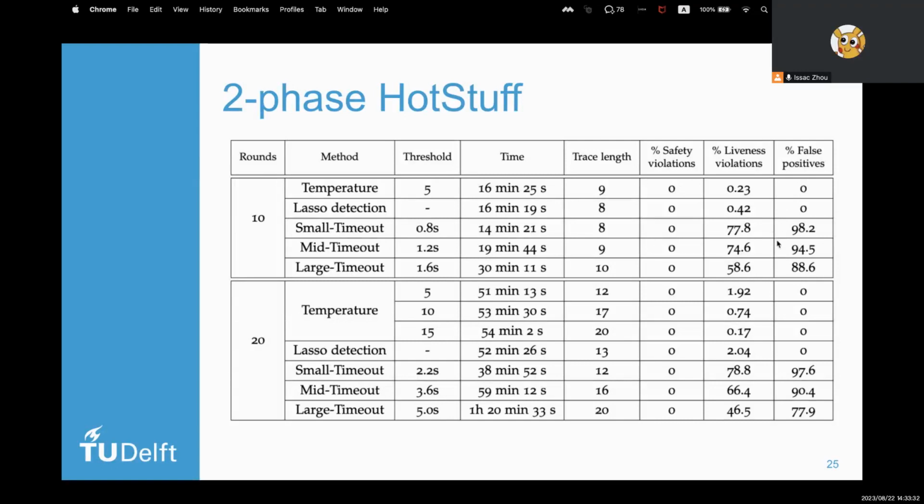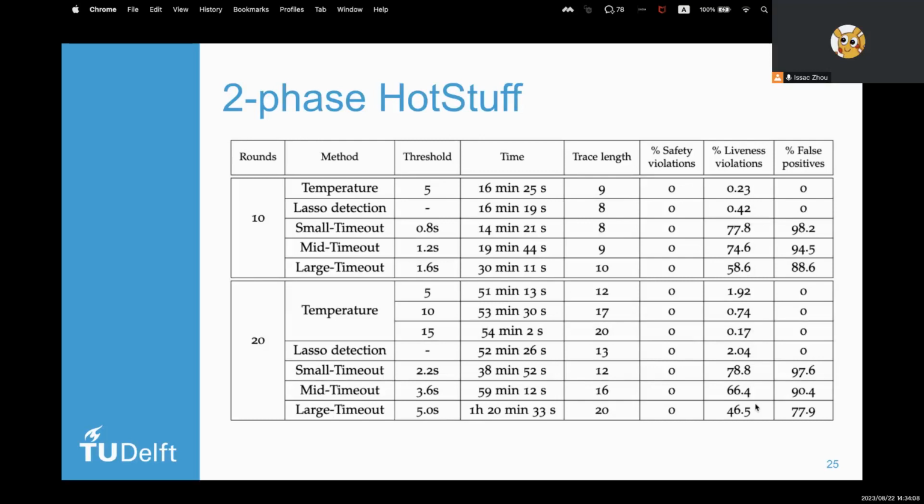When we increase the time bound, we can see that the false positives decrease, and when we vary the temperature values, we can see that the rate of liveness violations also decreases because some scenarios may not stay in hot states for so long.